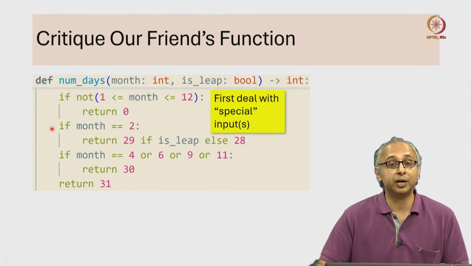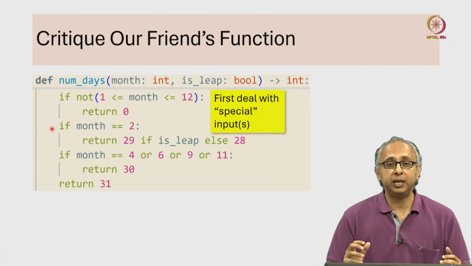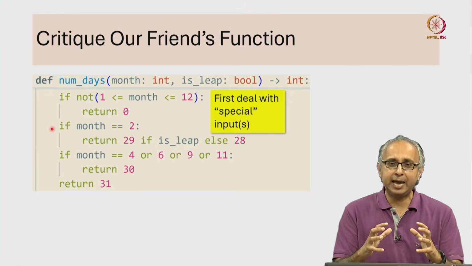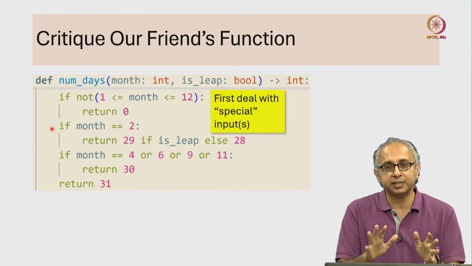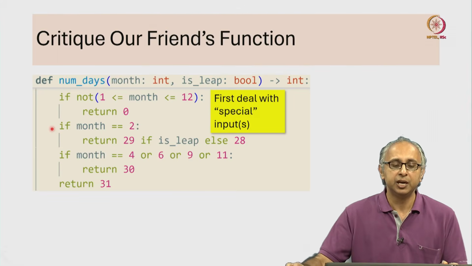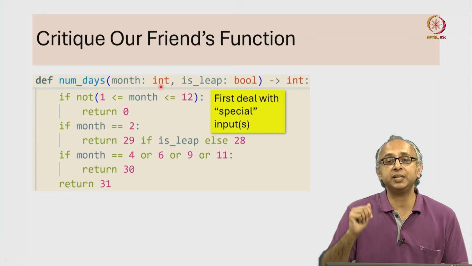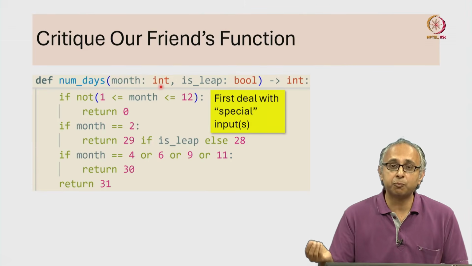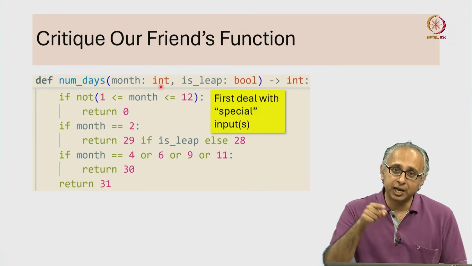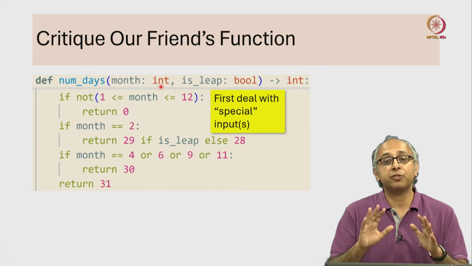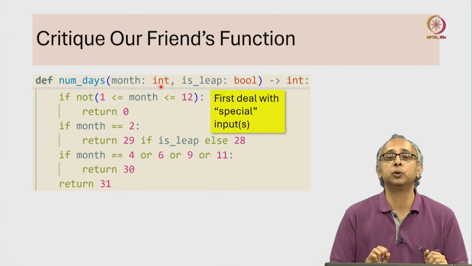This style of writing code is actually very popular. We typically write functions to handle certain types of inputs, and we only want certain inputs to be given to our function. Some of this information we indicate through type hints. But as we have seen in this example, sometimes someone might give us an input such as month equals 0, which is allowed by the type hint, but for that, our function needs to behave in a special way.